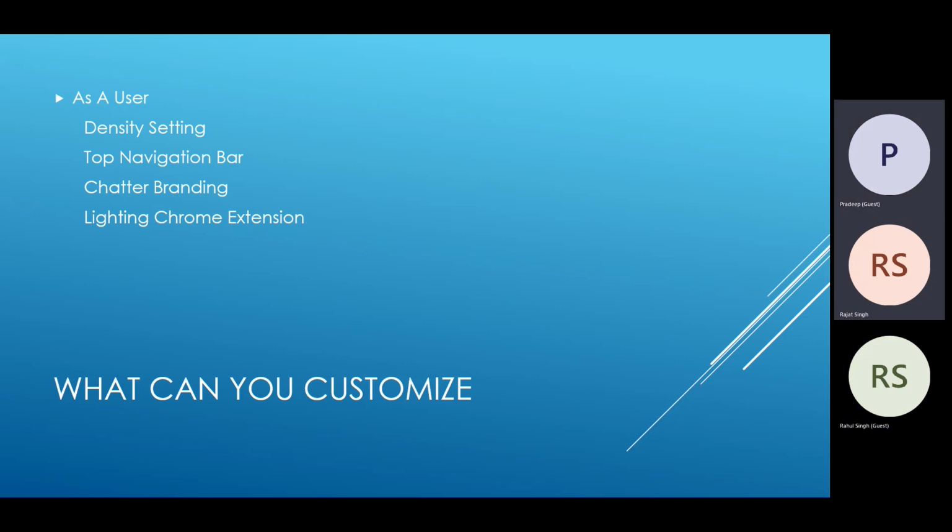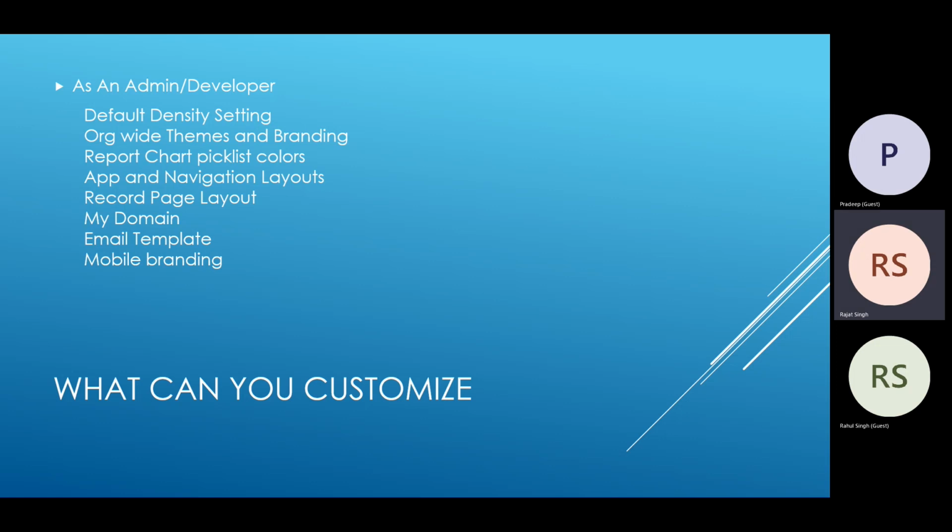So mostly we'll see this density setting and top navigation bar. These two don't come up much, but we will see later whenever we get a chance. So in this, user is two. Then if we go ahead,